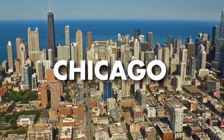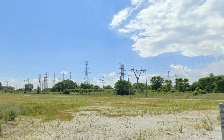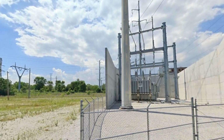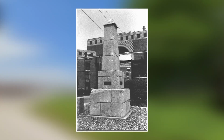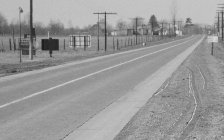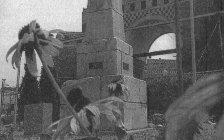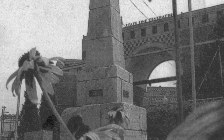Anyone who has been to this part of Chicago now most likely recalls it as a highly trafficked industrial area, if not a type of no man's land. However, when this monument was built, the landscape was completely different. There was no interstate system, just some fields and rail lines to the east coast. The monument was erected here by the Illinois General Assembly in 1833 to commemorate the establishment of the common boundary